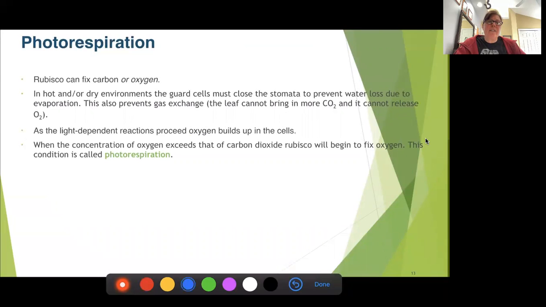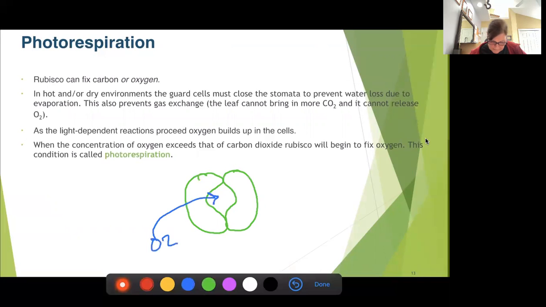So when we have situations where we have hot and dry environments, we have what's called the stomata. The stomata is the opening. I don't remember if they show you a picture. They do not. Let me see if I can get this to draw. The stomata are, and you guys should hopefully remember from your lab, these pores made by 2 cells called guard cells. And the pore lets in